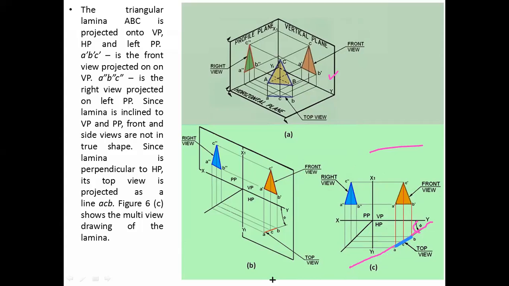Now the system is as simple as earlier, nothing different. What you need to do is project everything from here directly, like this and this.